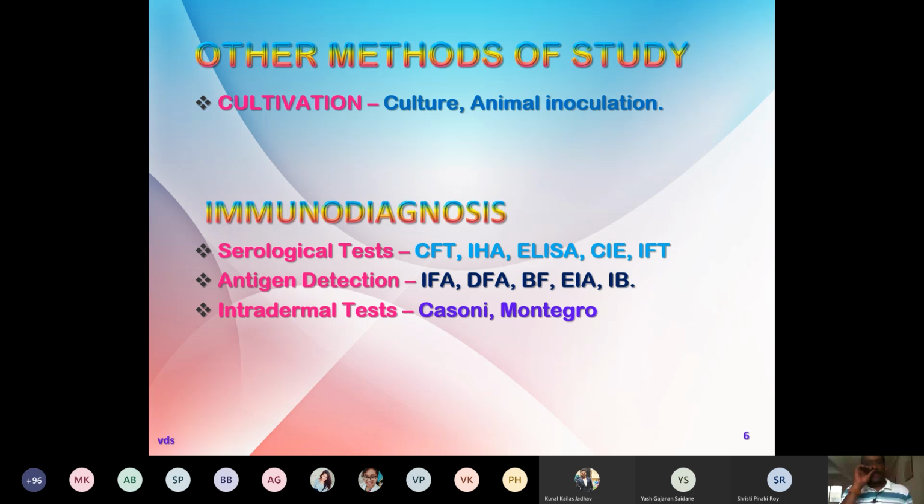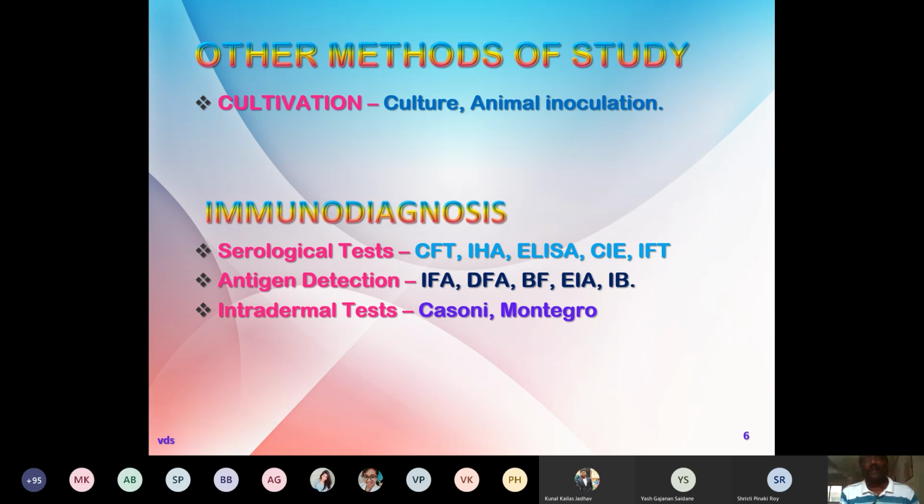Then later, other methods for the study, cultivation. In cultivation, we are not going to go into the details of how the parasites are cultivated because it has not much importance for identification, because identification is solely based on microscopic appearance of the parasite. If you want to go for a research purpose, we can go for cultivation of some parasites. I'll mention some of the important parasites which are being studied in detail and the cultivation method for them.